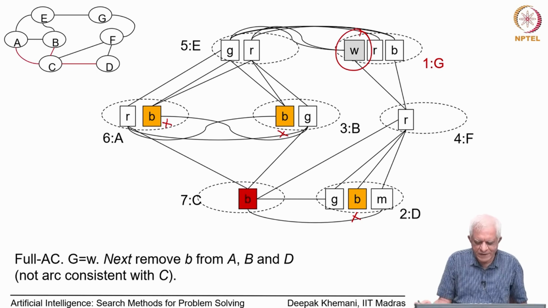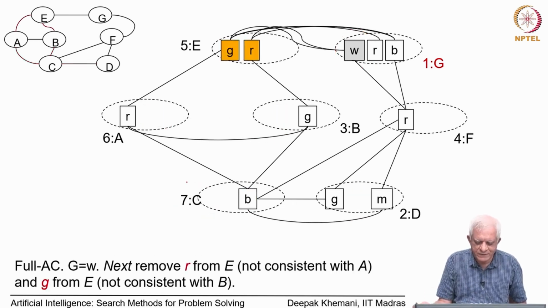So, we delete these 3 values of B, because for those values there is no value in the domain of C, which has only B essentially. So, that vanishes,